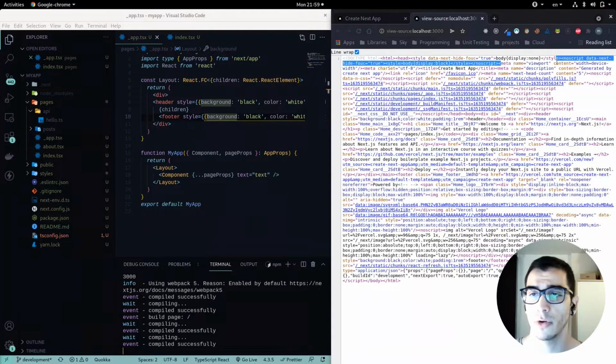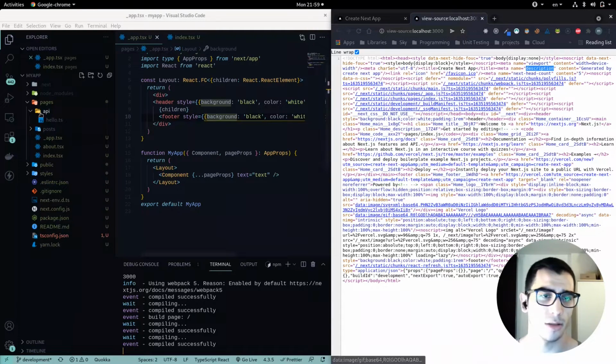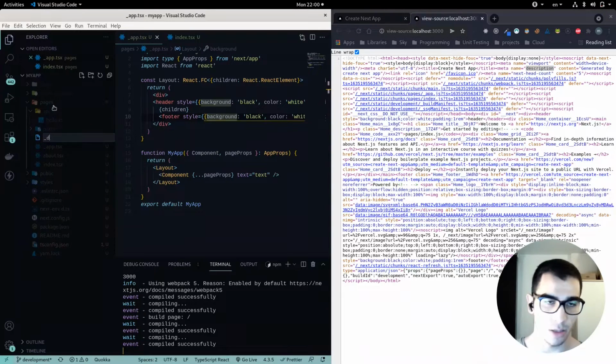By default we set a viewport to be responsive, we set a charset to UTF-8, we set a title, a description, but if we inspect our project structure, we haven't set any of this. That's the default template coming from Next.js. But if you want to extend it and set your own setup, then you can create a document page,